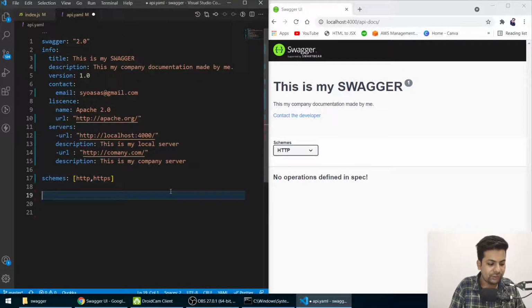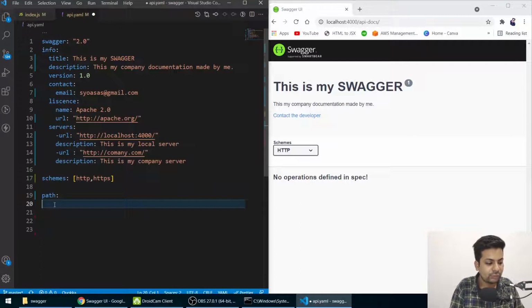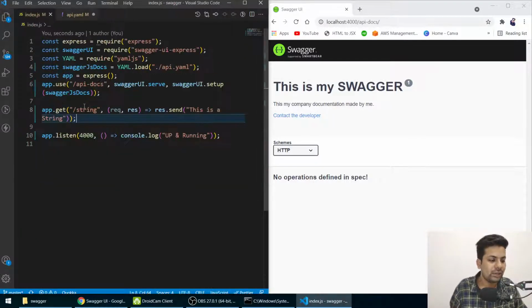Now we'll say paths. Here we'll define our path. After this, press enter. Whenever you see a colon, the next line wouldn't start from the starting index. It will start after a tab. Okay, that makes it clear. And we'll say get, because it's a get request.